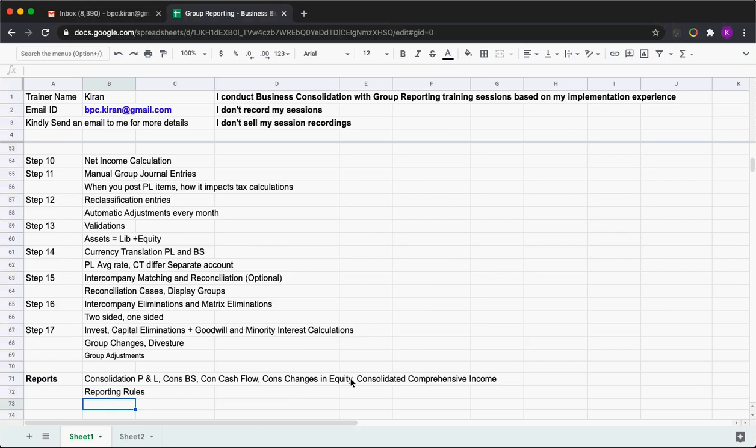Later you are going to add it in the reporting rules, and you are going to create the cash flow hierarchy, the changes in equity hierarchy, the comprehensive income hierarchy. Once you create all those hierarchies, what those nodes and parents are, you have to mention in this area. It is very important because those hierarchies we are going to define, all these things we are going to discuss in the future sessions.